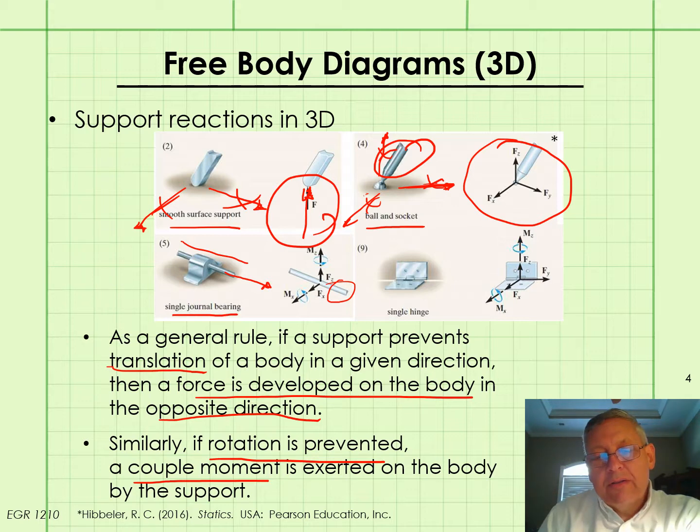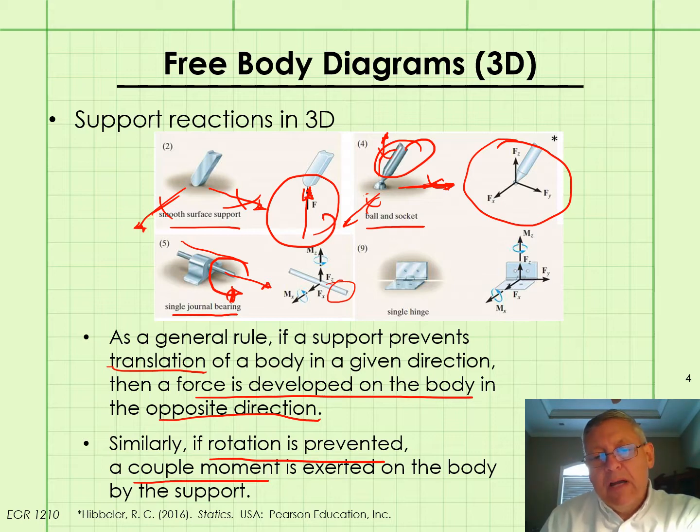It also doesn't restrict the rotation of the shaft about the axis of the shaft. I mean, that's usually the point of it, that this might be a shaft that's spinning in that bearing. So we're not going to show those two reactions,